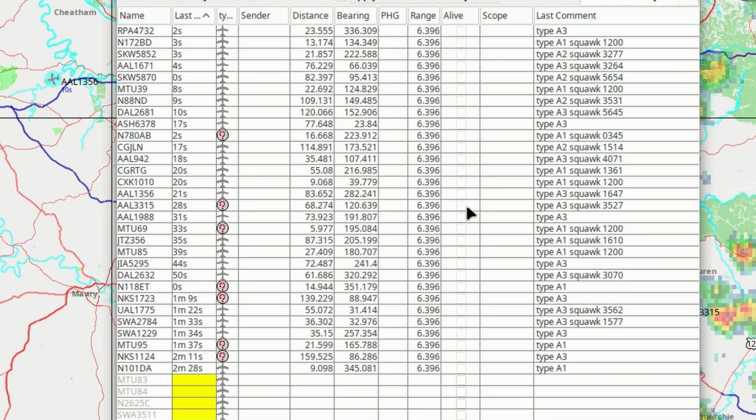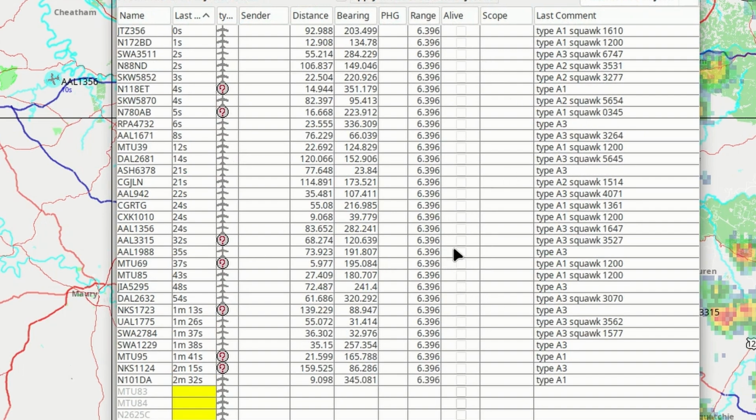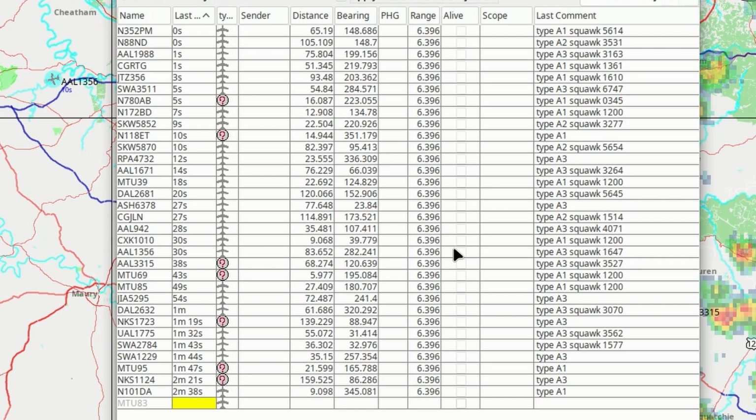Now, taking a look at my station list again, you can see that this is starting to gather all kinds of data. Now, I'm not too far from the Nashville airport, so I see a lot of commercial airliners in my area. And that's all there is to getting ADSB data displayed in YAAC. I hope you